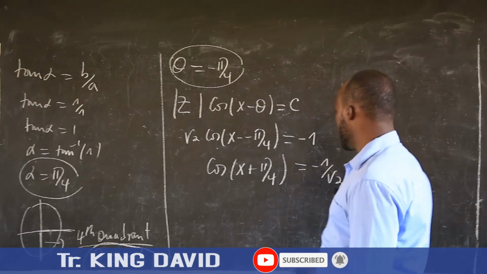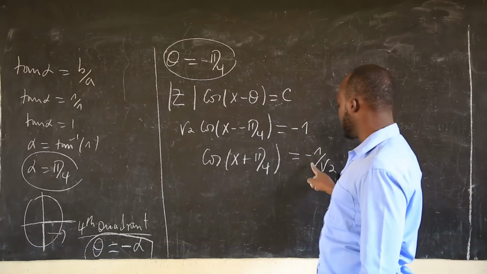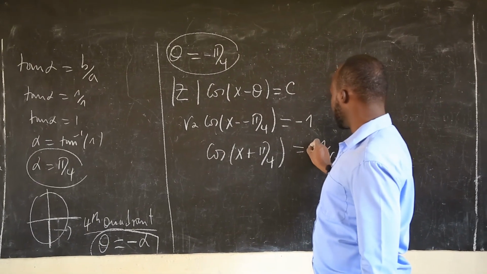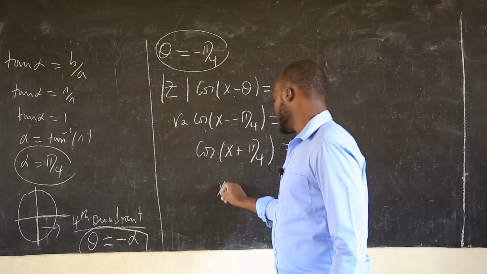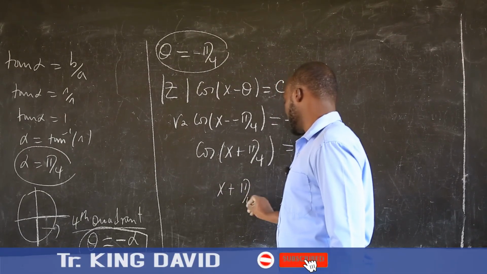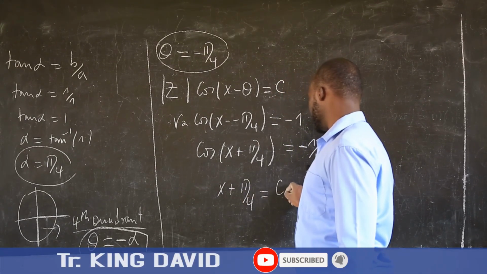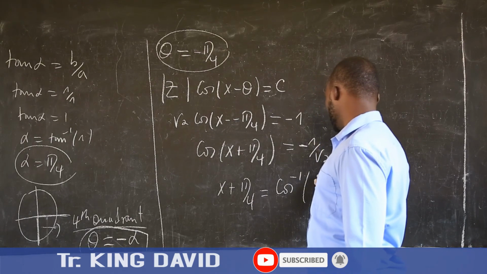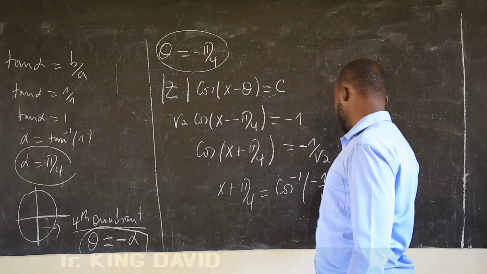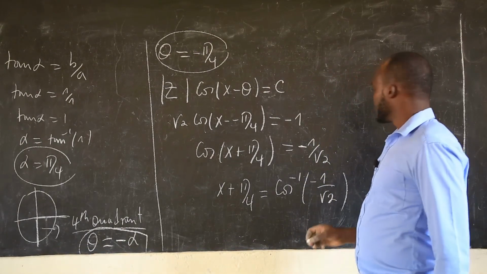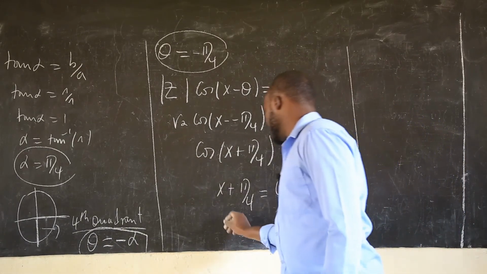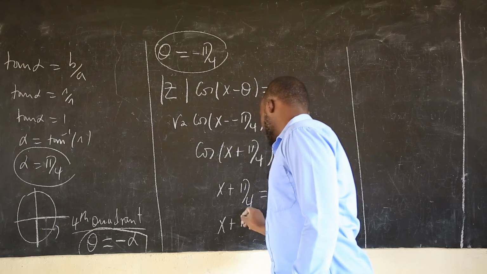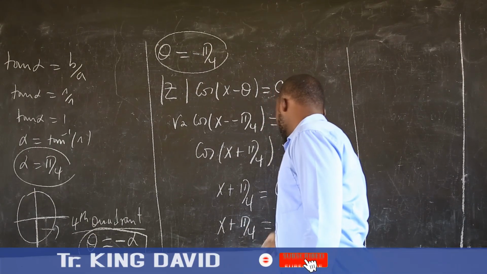Remember, cos is negative in the second quadrant and the third quadrant. So x plus pi over 4 equal to cos inverse of negative 1 over root 2. So what does it mean? It means that x plus pi over 4 equal to